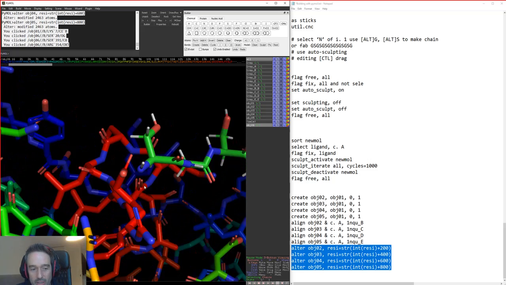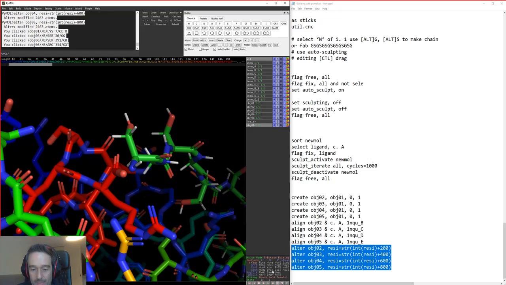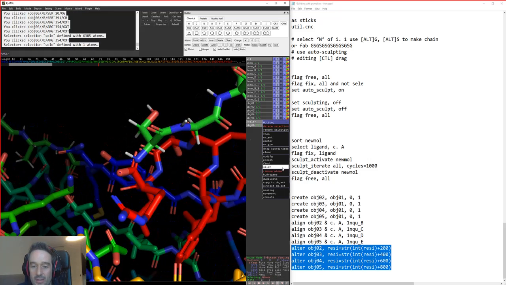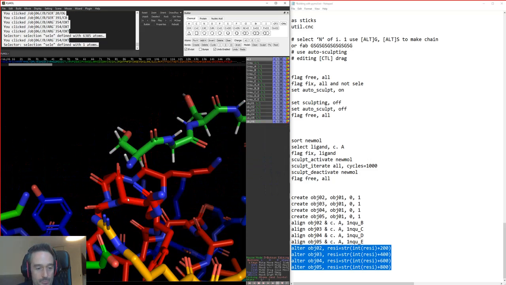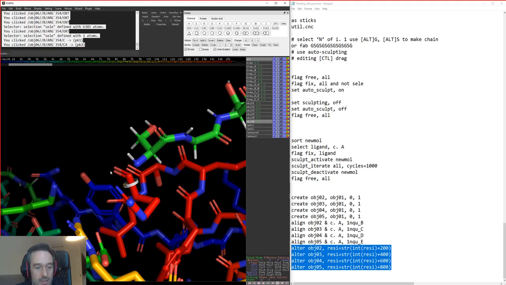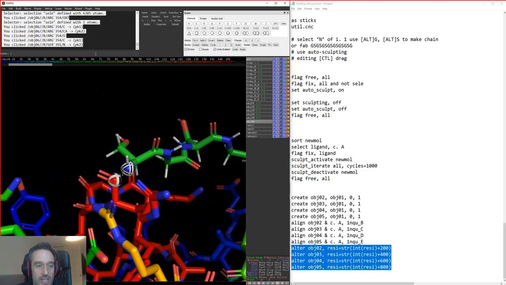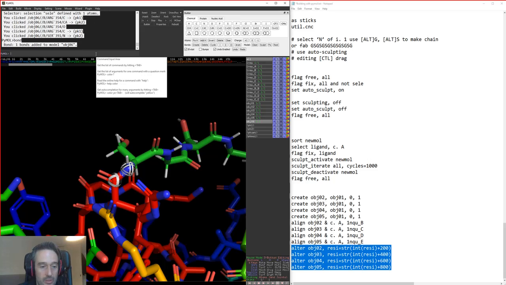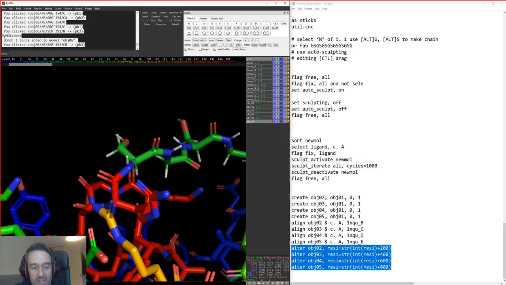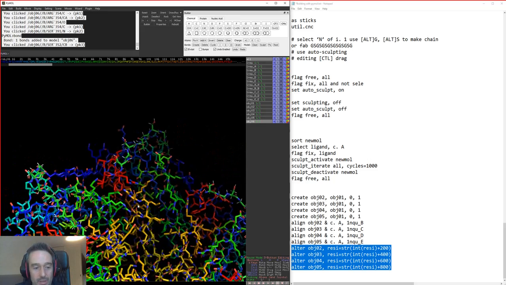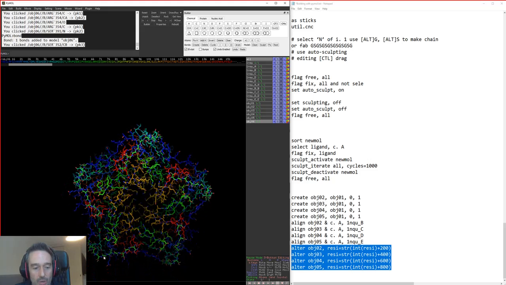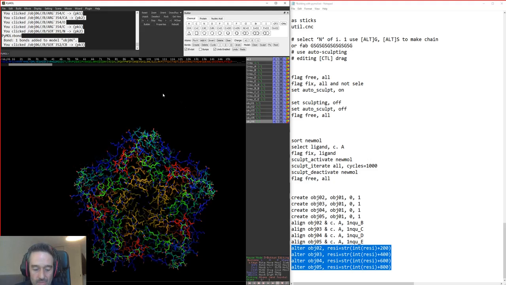And because of the way that I've done it, it's basically put the OXT atoms back into the same place. Choose our OXT again, remove that atom, reposition some of our atoms, and then click on the two things that we want to join together and type the word bond. And then we can repeat that process on each of these guys, and we end up with a single chain protein that